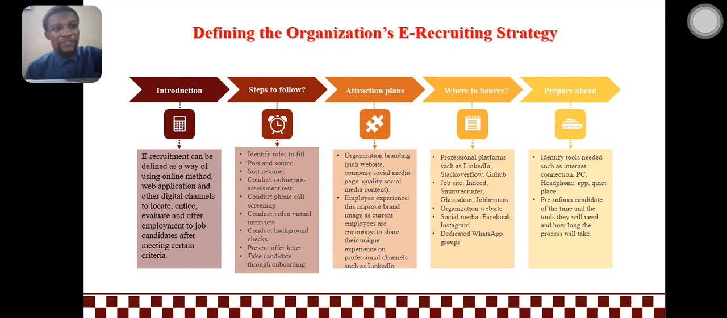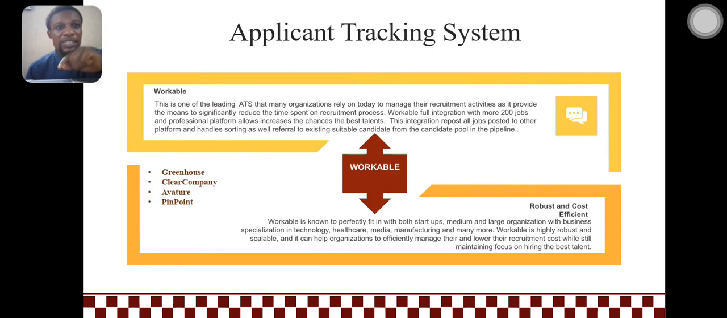So the next phase that we will be looking at is the tools that are very crucial to e-recruitment. And one of these tools is applicant tracking system. Applicant tracking system is a system that enables HR professionals and organizations to manage their recruitment process. So applicant tracking system basically allows